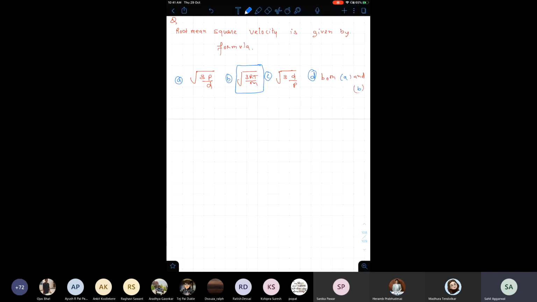I am not talking about C option. VRMS is equal to root 3 RT by M. For an ideal gas,